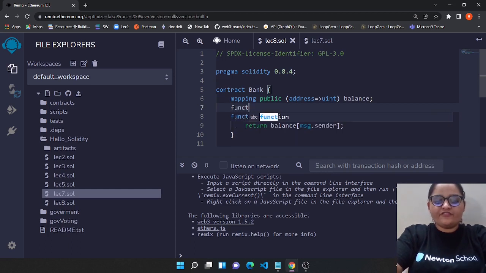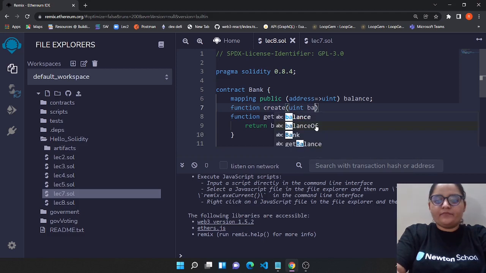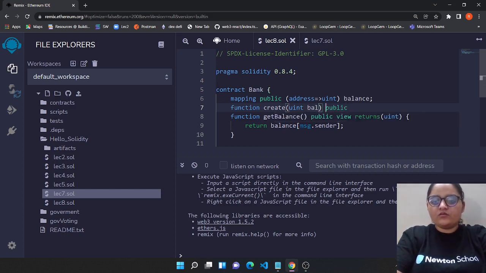We could also set the account or create an account. So let's have a function create, and this create would be taking one uint. The uint will be your balance, and this will be public. This will not be view, because we are going to manipulate our mapping.